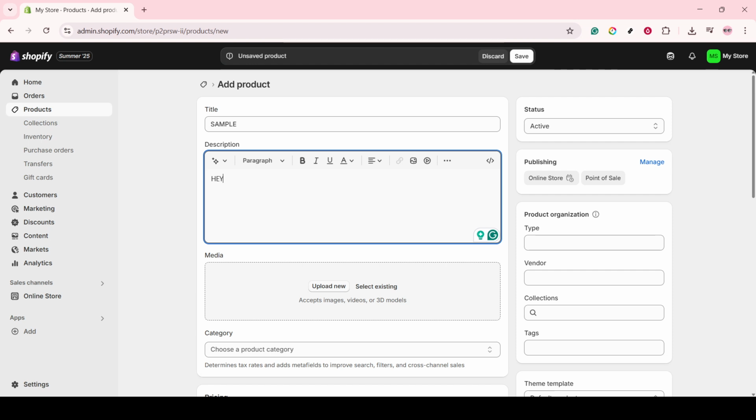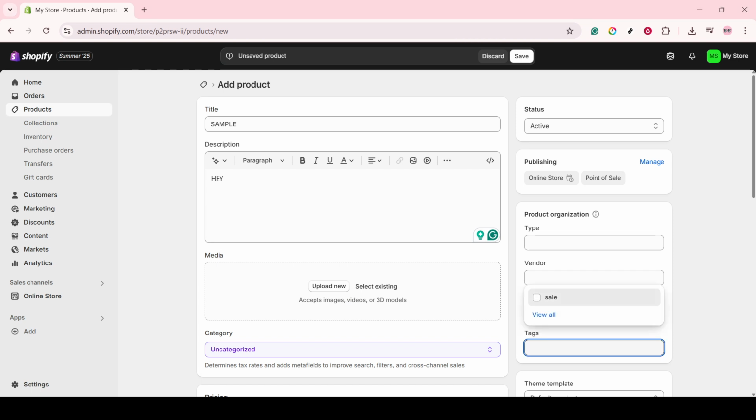Now, when you scroll down a bit, you'll find the Tags section. Tags are essentially keywords or labels you assign to your products to make them easier to categorize and find. In this section, you should type in any trending tags relevant to your product or any other tags that align with your marketing strategy. For instance, if it's a seasonal product, consider tags that correspond to the current season or